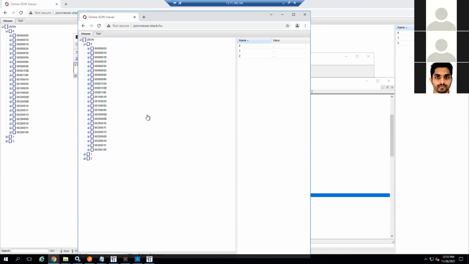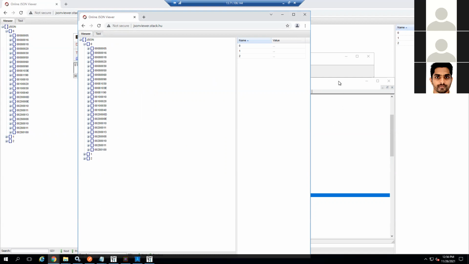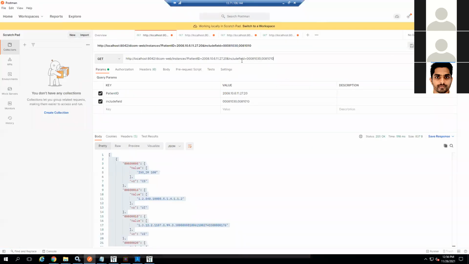So see here, for this also they didn't implement it. For the percentage also, I put the percentage tag in the query, but I didn't get the response. I got the response only for the study description. It's up to the implementer to decide whether they want to serve these tags or not. Thanks a lot, Murali, for bringing this point.